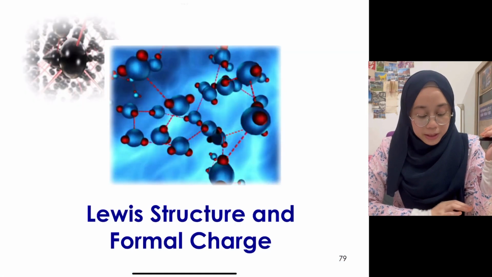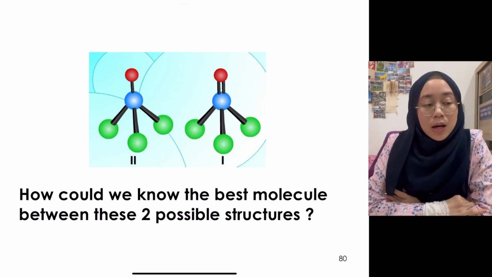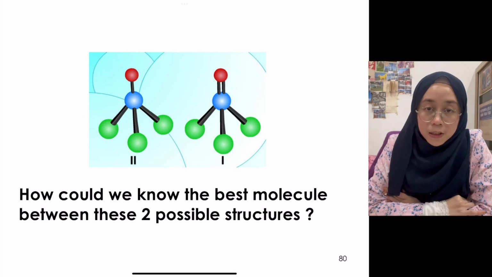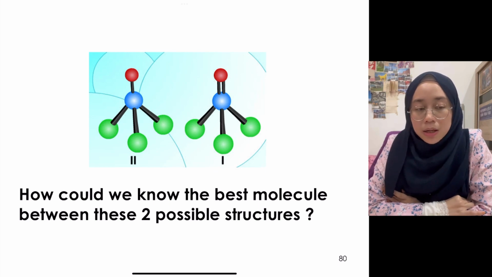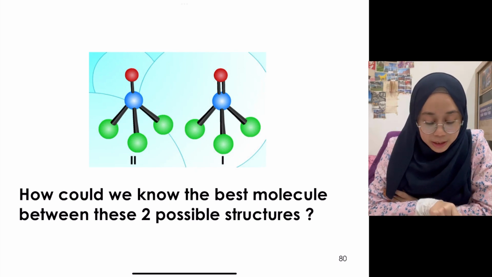Okay, but then before that class, okay, so kenapa nak kena belajar pasal formal charge ni? Okay, tadi kamu dah belajar macam mana nak lukis Lewis structure. Okay, so there are possibility that kamu mungkin akan jumpa there is more than one possible Lewis structure for a certain compound. For example, kalau kamu tengok structure kat sini, okay, kita fokuskan dengan yang mana-mana lah, 1, 2, 3